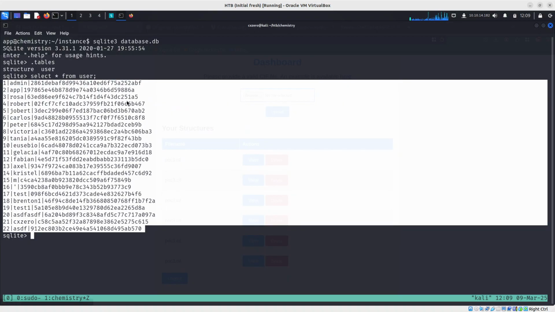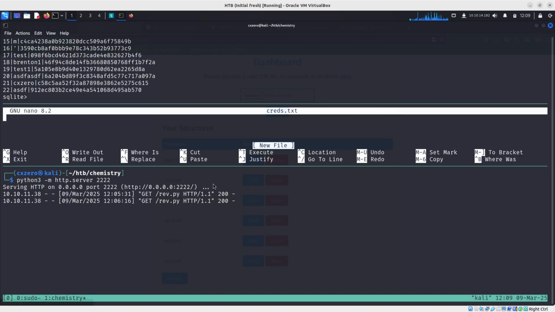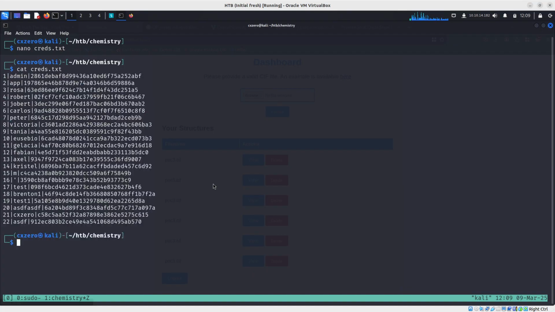So we will grab that, we will save it in a creds file. We will remove the first part, so we only have the hashes. So let's cut, it's awk, let's filter for, let's use the pipe, and let's print only $3, I think. Yes,